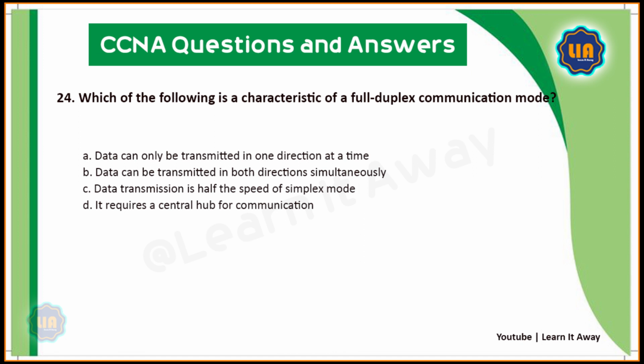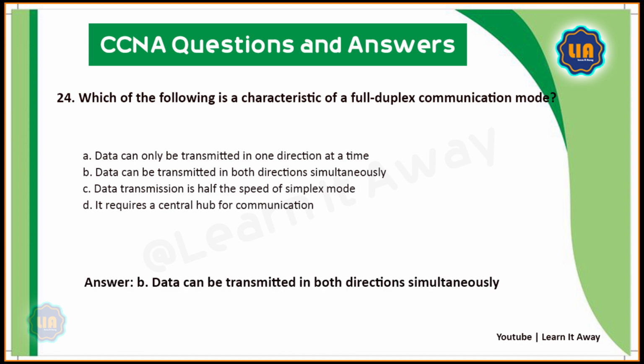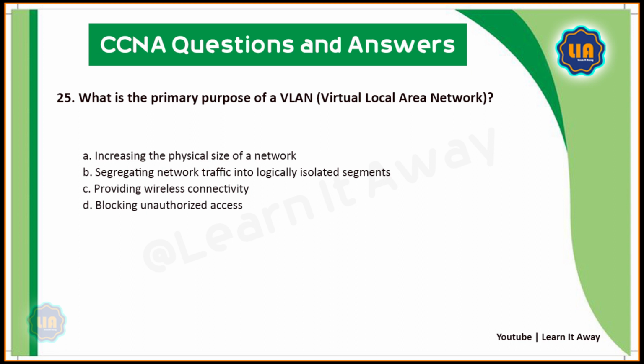A. Data can only be transmitted in one direction at a time. B. Data can be transmitted in both directions simultaneously. C. Data transmission is half the speed of simplex mode. D. It requires a central hub for communication. Answer: B. Data can be transmitted in both directions simultaneously. 25. What is the primary purpose of a VLAN,